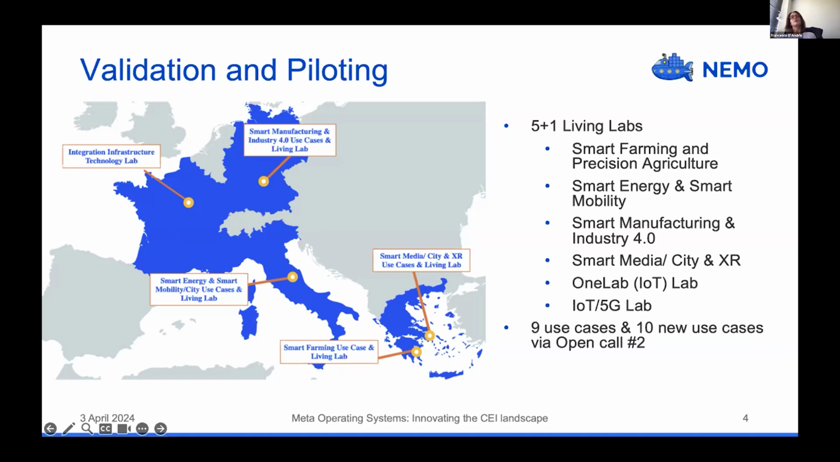The fourth trial has to do with smart media and XR and smart city. So here we have two quite diverse use cases. The pilot sites for both are located in Greece, in Athens. One relates to the Athens Marathon, and